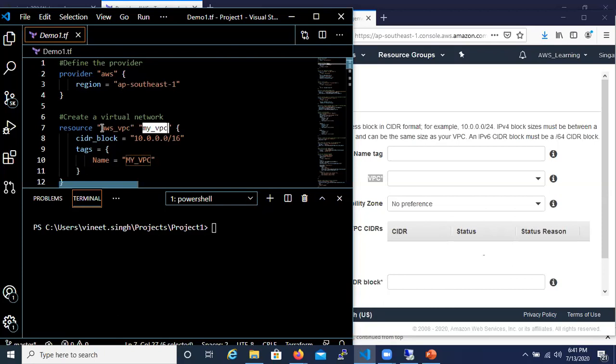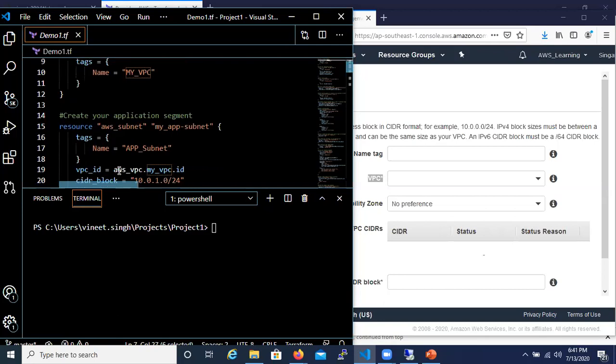So always, if I have to call a specific resource from within Terraform, I will define it as this resource type first, dot, this name. So in here, I'm going to define it as aws_vpc.my_vpc, and then after the VPC is created, we come to know its ID. So dot id.